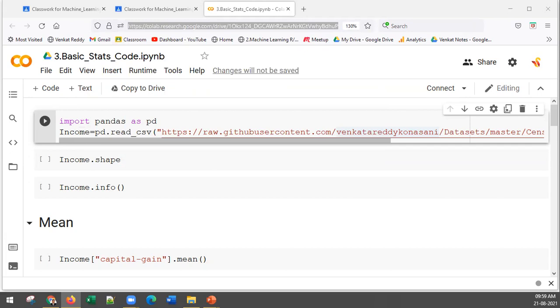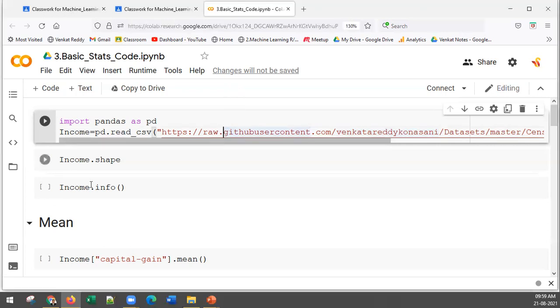Let's wait for others to also confirm. Anybody who's not able to view this code file, quickly let me know. Since these are initial few sessions, it may take some time for us to get used to this, so we have to be patient. Some of you might be doing this easily, maybe you have previous experience.